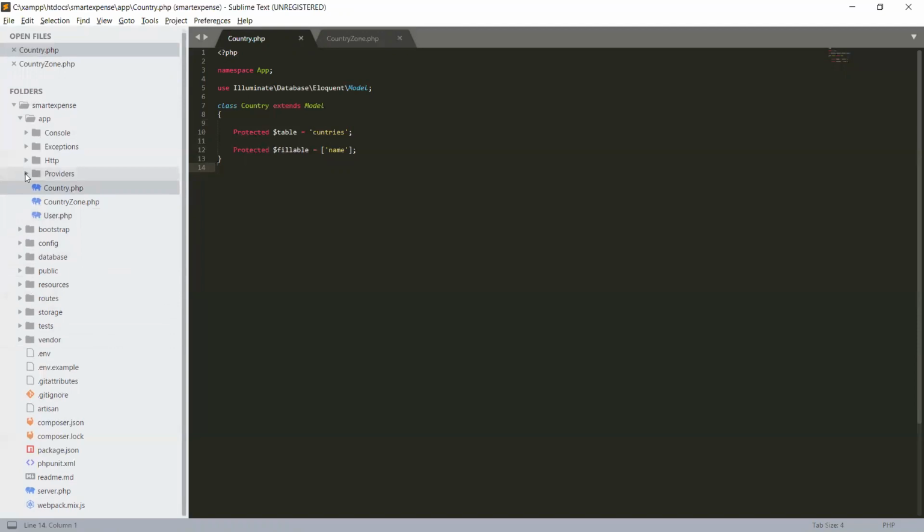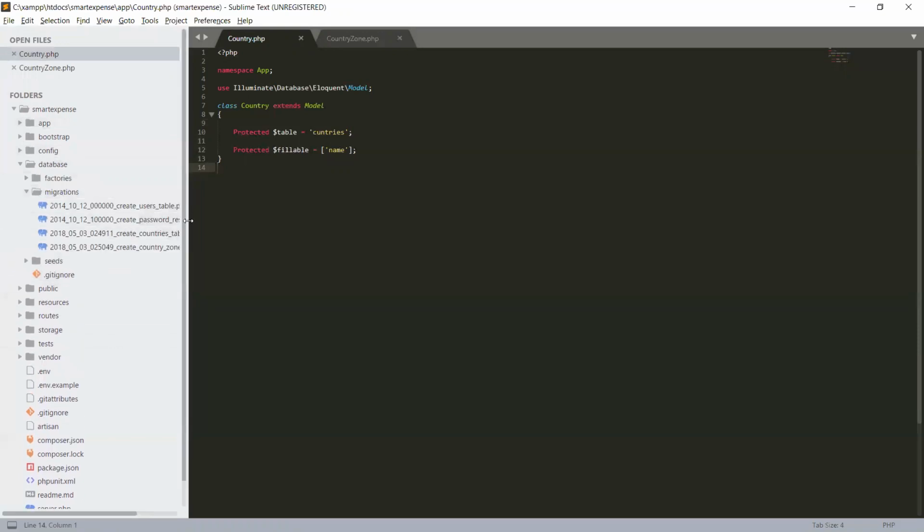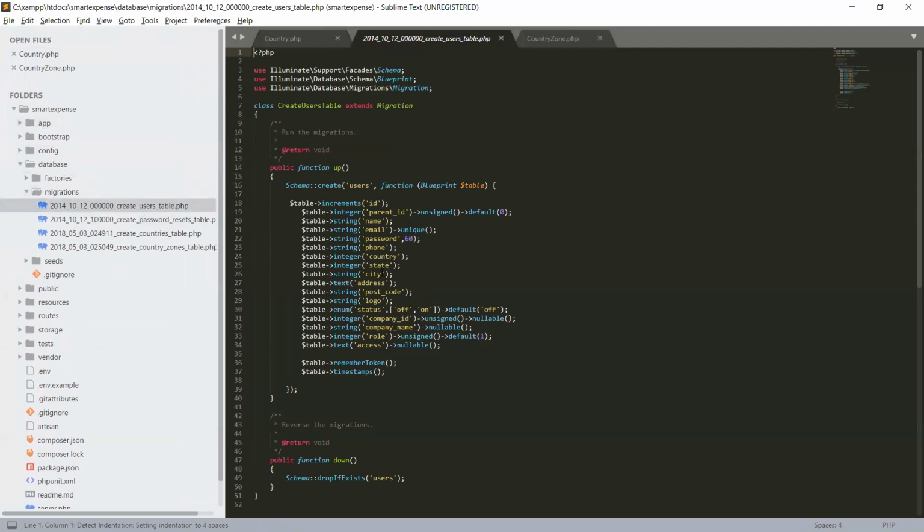If I go to the migration quickly and show you the user, we have a bunch of fields. You can see phone, country, city, address, postal code, and all that. And we have to define in our User model that these fields are fillable. So stay tuned.